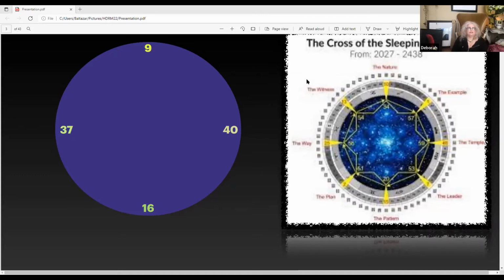And what you're also looking at, if you're familiar with them, are the 4 quarters, which is why the gates are arrayed the way that they are. The 9 at the top in planning Sagittarius is mutation. And, you know, the 37 is in initiation. The 16 is in civilization, and the 40 is in duality. So that's why they are where they are. Not everyone is always familiar with these reference points. People have very different levels of design knowledge these days, which is totally understandable.